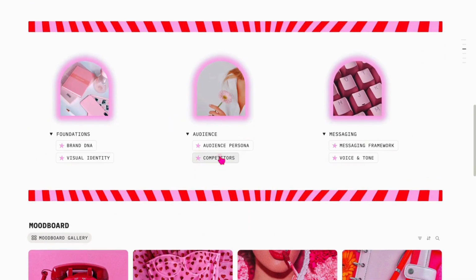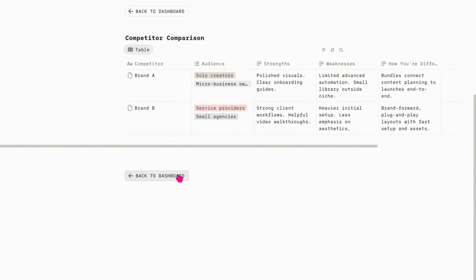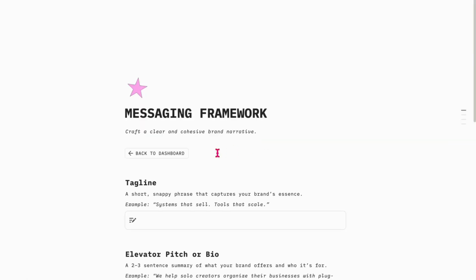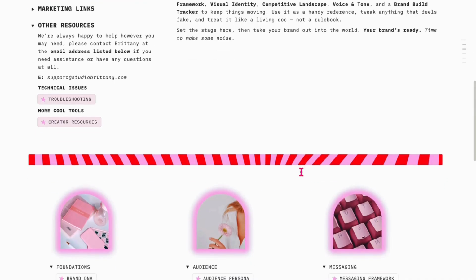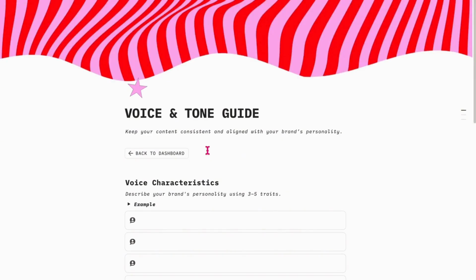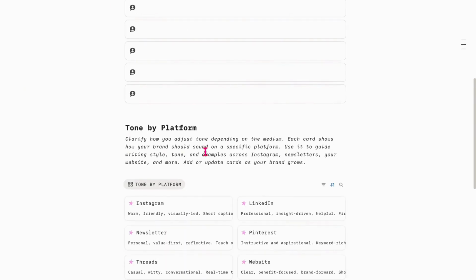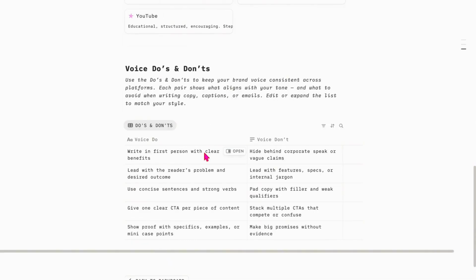Your competitors button will take you to your competitive landscape where you can map out how you stand in your niche. Your messaging framework is where you can craft a clear, cohesive brand narrative. Lastly, we have the voice and tone guide, where you can keep your content consistent and aligned with your brand's personality. This has a tone gallery and do's and don'ts for the voice of your